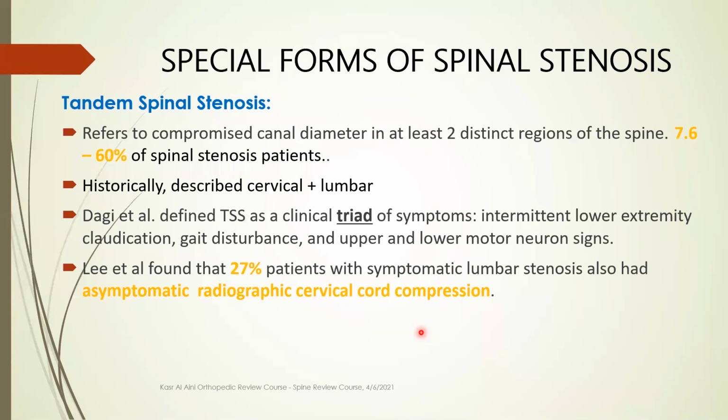One more form is the tandem spinal stenosis. It refers to compromised canal diameter in at least 2 distinct regions of the spine. It occurs in 7.6 up to 60% of spinal stenosis according to the literature. Historically, it was described as cervical plus lumbar stenosis. Daggy et al. defined it as the clinical triad of intermittent lower extremity claudication, gait disturbance, and upper and lower motor